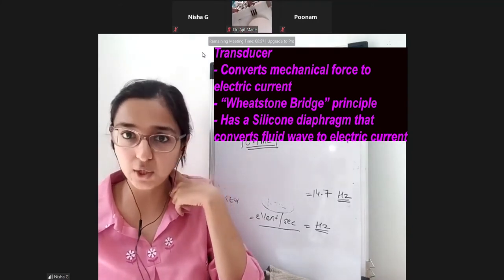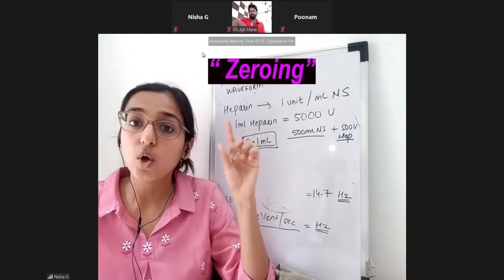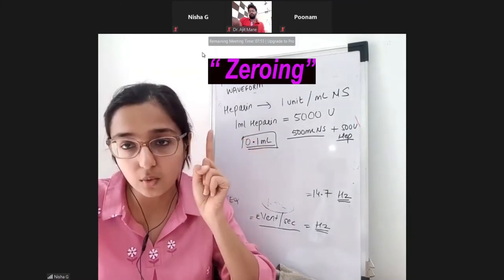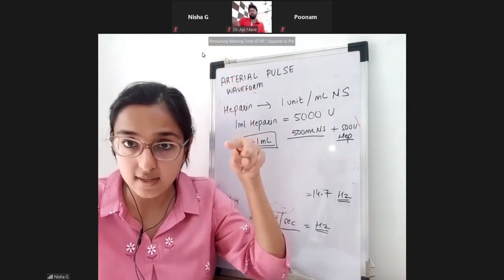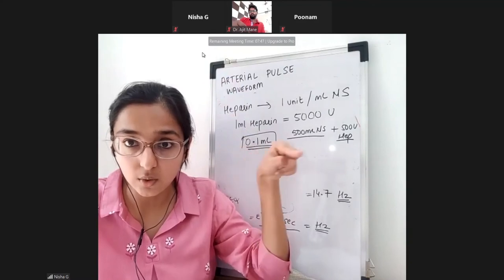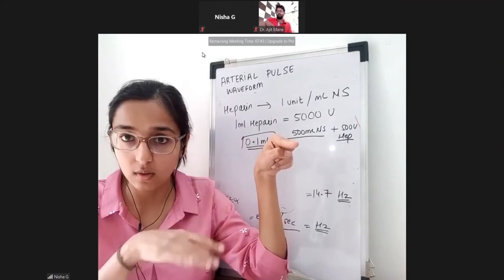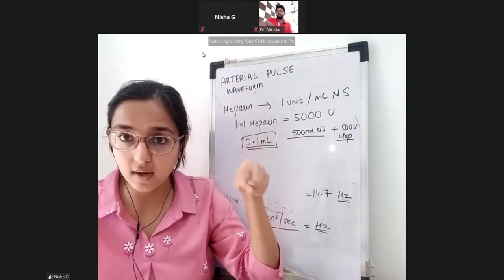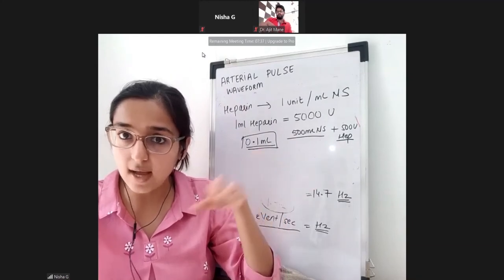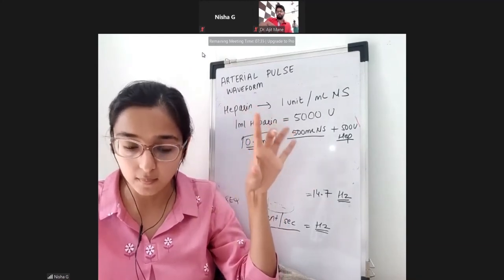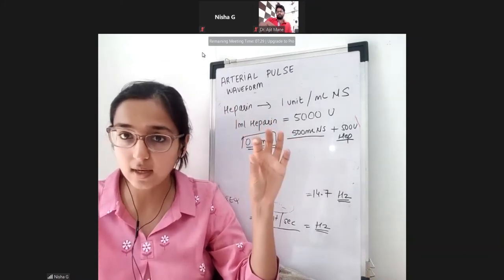Now, once you have set up, I'll show you a video. You're going to make the system open to air. You are not opening the patient to air. You are opening the pressure bag IV set, extension and transducer to the air. The patient end is closed. The IV set, transducer and air are in communication, and the patient is out of this when you are zeroing. I will show you a video on that, and you will understand how zeroing happens.